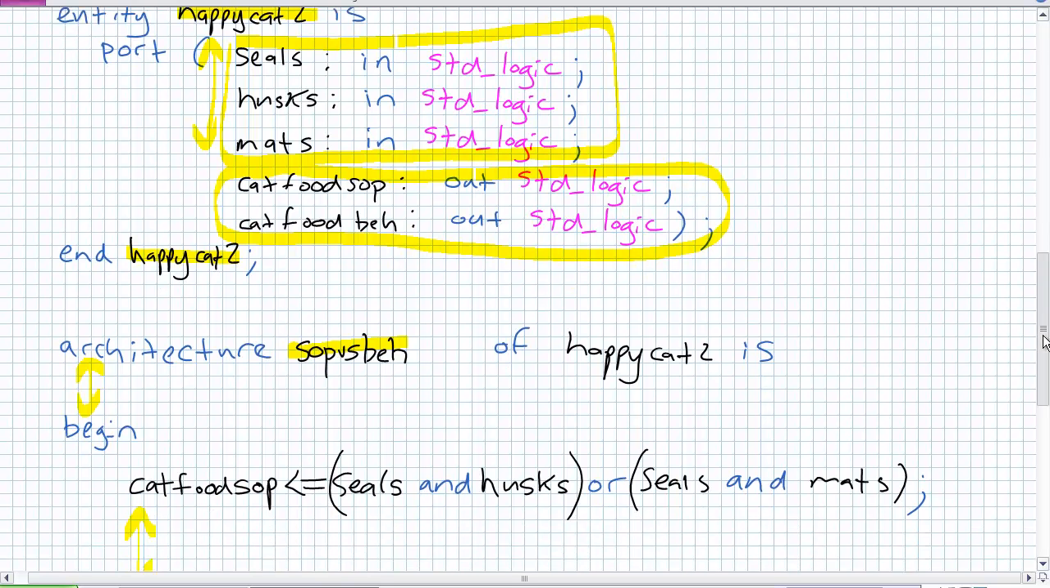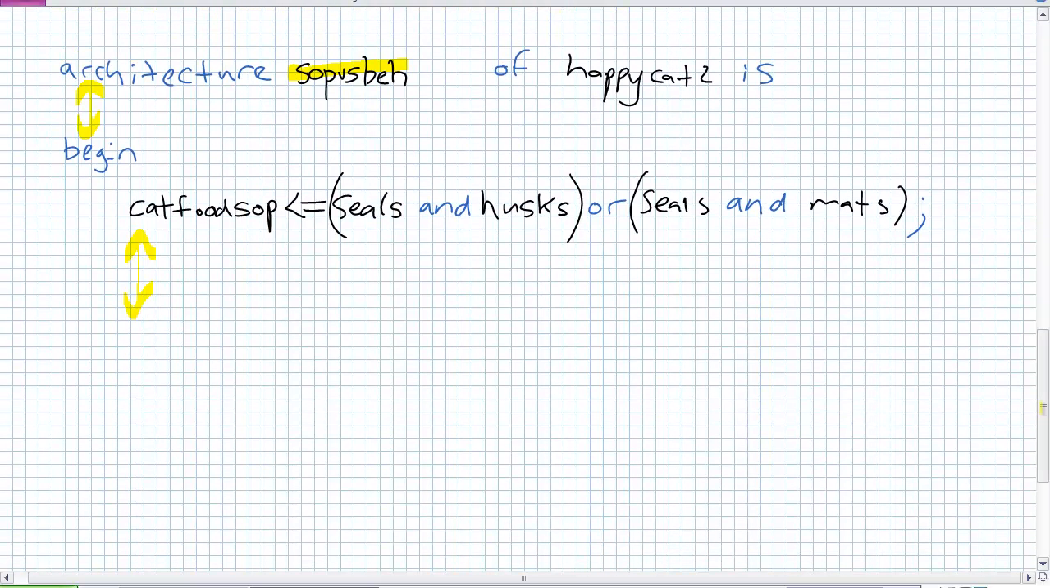Let's go ahead and declare an internal signal, and it's going to be a standard logic vector. Let's call it SHM, since we want to keep that orientation: seals, husks, mats. And I can't just write SHM, that's going to be bad. I've got to tell it in this declaration that it's a signal. So signal SHM colon,